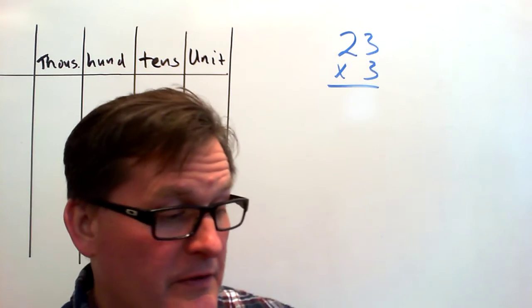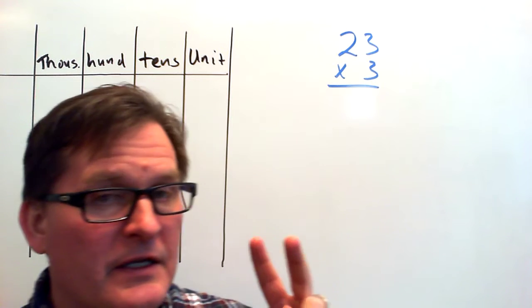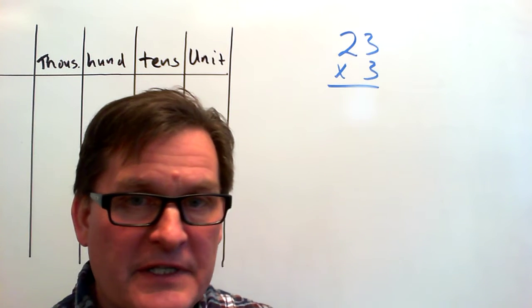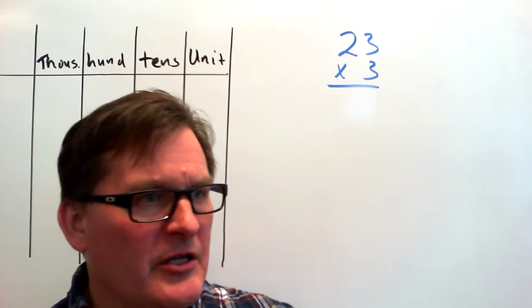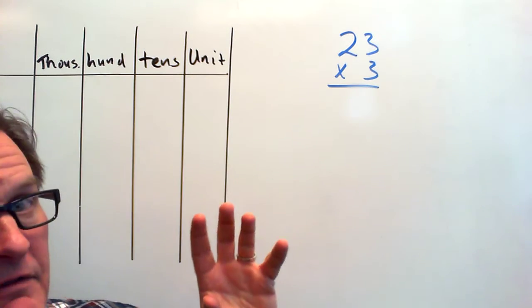In this video, we're going to start working on multiplication using the standard algorithm. We're going to multiply 2-digit by 1-digit numbers and 3 digits by 1 digit. So we're going to start off pretty basic and low so we can understand the working of the way the